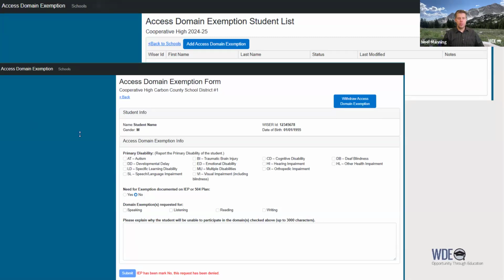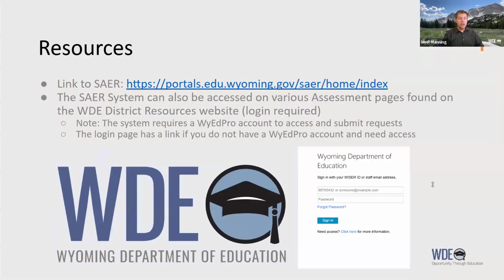screenshot in the foreground will pop up, which gives you the fields to fill out. Notice the checklist that I referenced before about the particular disabilities that the student might be afflicted with that could impact their ability to take the access or the alt access test, as well as the other fields that I described previously, and really how to complete this request, and then the submission button at the very bottom. That is basically it about the three.